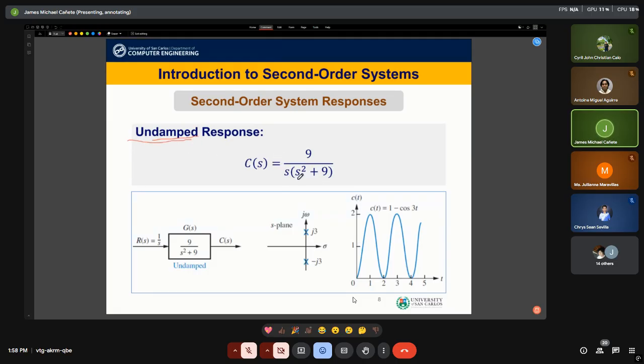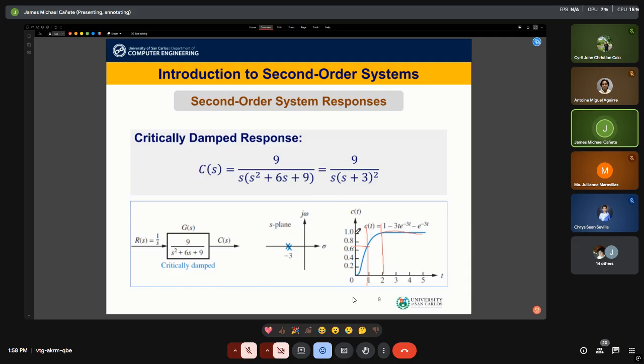And the denominator of that one will have purely imaginary components. It has no real component in its complex number definition. So if it's purely on the vertical axis, you'll get a pure sinusoid in the natural response. There are cases where control systems are designed, or the objective is to create oscillations. But more common than not, we want an output that's stable. So an undamped response is characterized by a denominator whose roots have no real component.